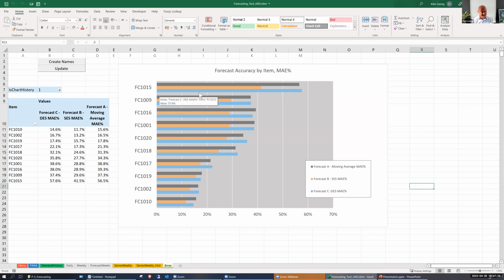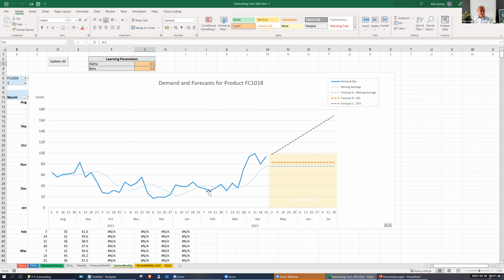The blue here is the double exponential smoothing, which is taking the trend into account as well. And that actually performs a bit worse than the single using the parameters that I've put in. Those parameters haven't been optimized, so there's an opportunity to play around and see the different results that you can get. But it's fair to say that if you look back at the chart, we can see maybe why that trend is not necessarily going to give you better results in this data set with those settings, because it's probably overshooting a lot of the demand if this trend here is periodic,